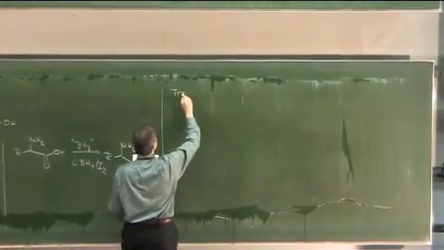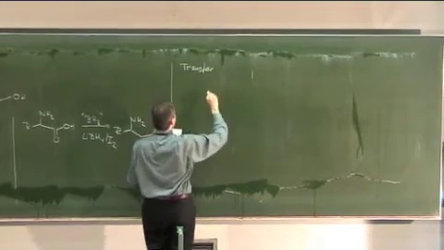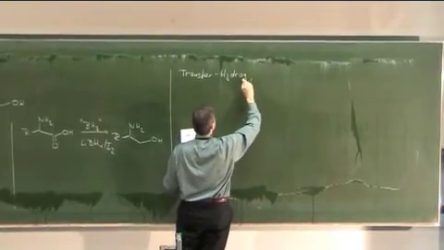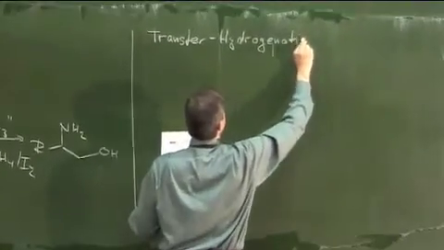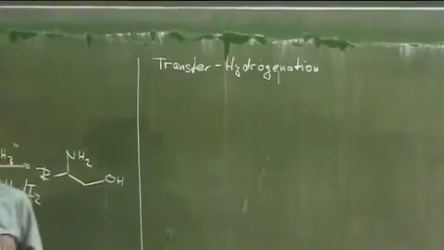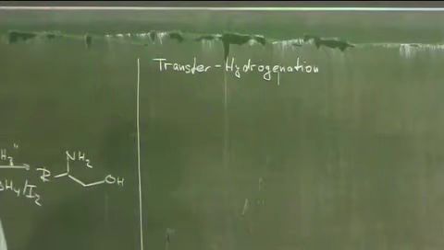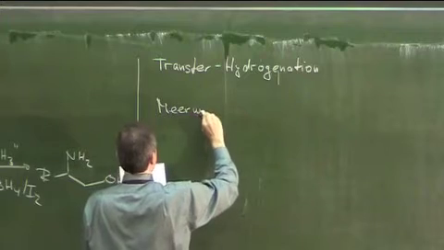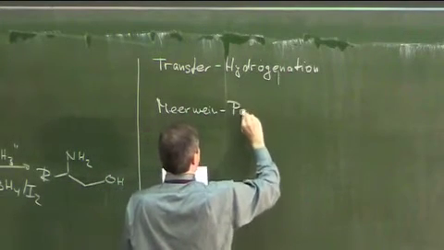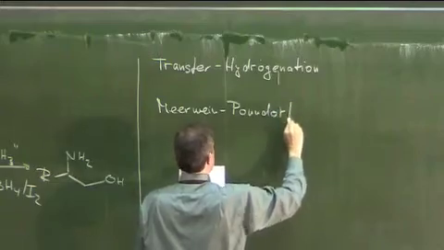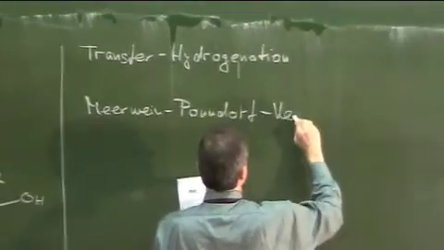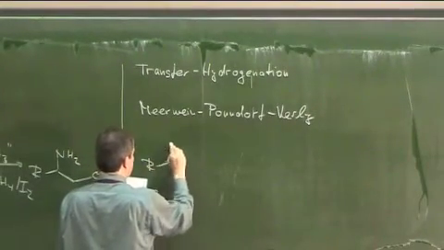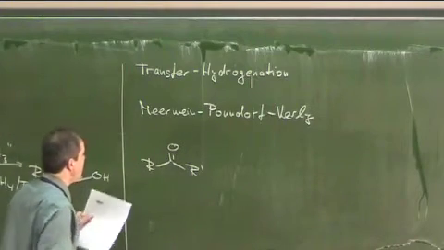So this way, let me show you another concept of reduction, which we already briefly mentioned. And this is the transfer hydrogenation. This is a reaction which is known for a long time already. And there's a process called the Meerwein-Ponndorf-Verley reaction, where you take a carbonyl compound